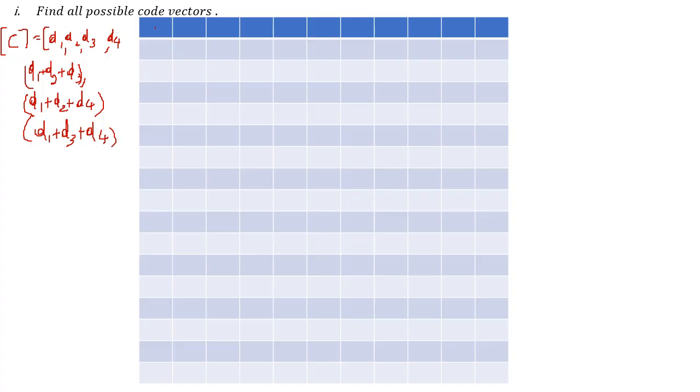So first we'll write the vectors here. So it is D1, D2, D3, D4. These 4 bits are going to form the message. Okay, so these are the message bits,